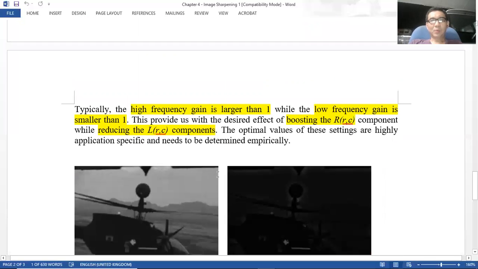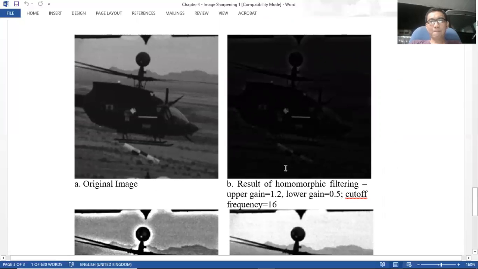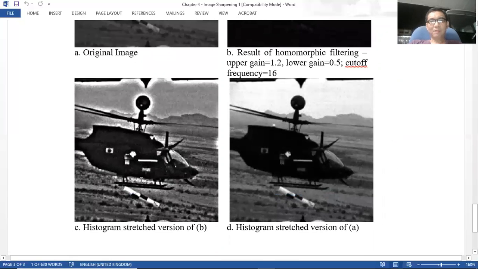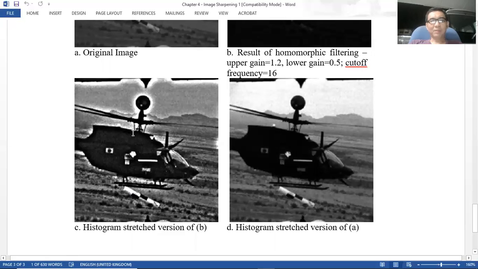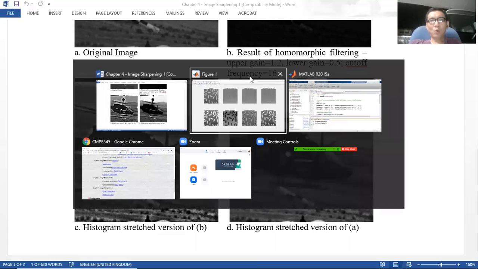All right. So these are the results. If you do homomorphic filtering, you will find that usually the output is very dark because you lost the original contrast, the brightness, and you usually will have to do contrast enhancement after that. And if you compare the one after homomorphic filter and the one where you merely do contrast enhancement of the original image, you can see in the homomorphic filtered image, the edges are highlighted very obviously. Okay, so I have also created the codes for this